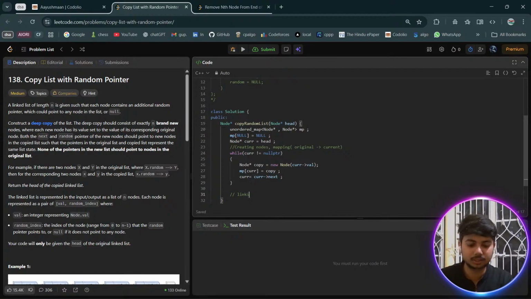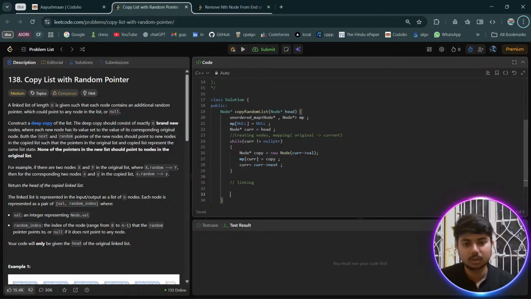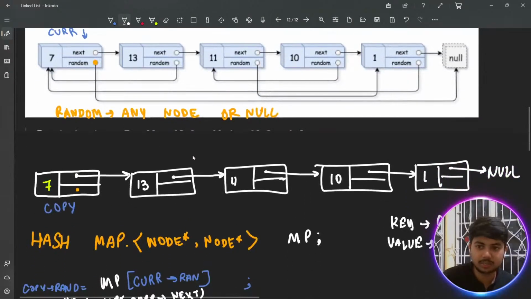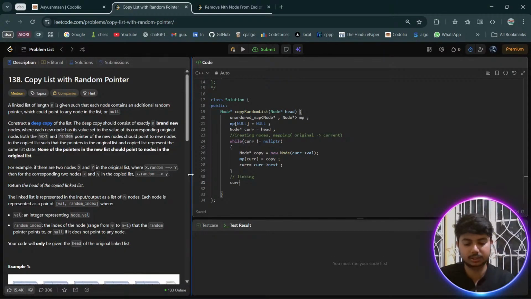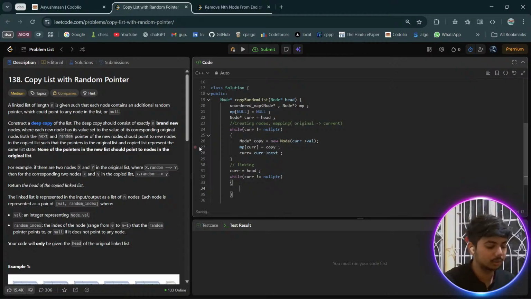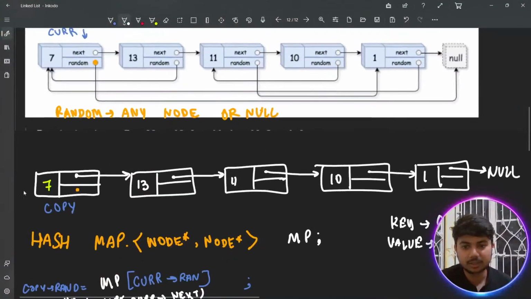ठीक है, अभी यहाँ पे लिंक करेंगे. तो लिंक के लिए क्या बोला कि हमारा कॉपी तो यहाँ पे है और करंट यहाँ पे है. वापस अगर हम लोग करंट को हेड कर दे, ठीक है, करंट इज इक्वल्स टू हेड, तो अभी वापस से हमारा करंट जो है वो हेड को पॉइंट करने लगा. ठीक है, नाउ अगेन वी विल हैव व्हाइल करंट इज नॉट इक्वल्स टू नल पीटीआर. ठीक है, अभी जब तक ये नहीं होता तो हमारा क्या करना है, जो कॉपी है,